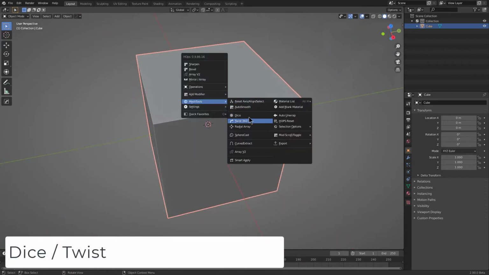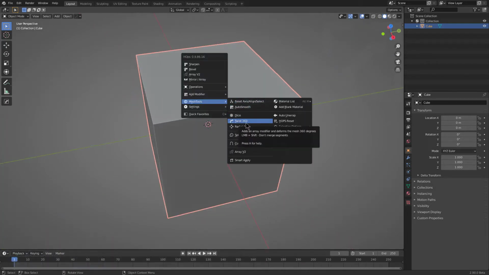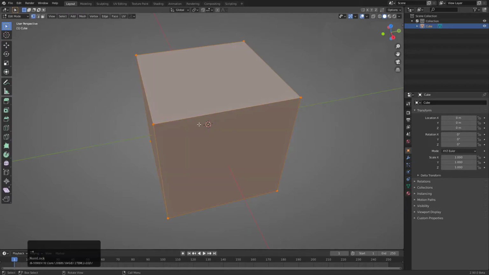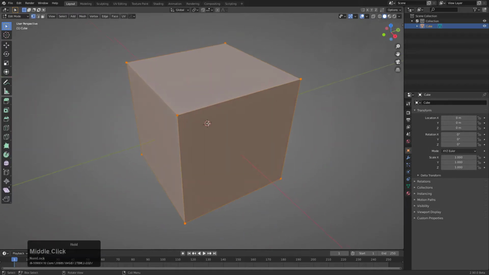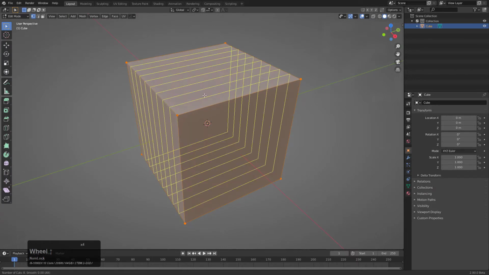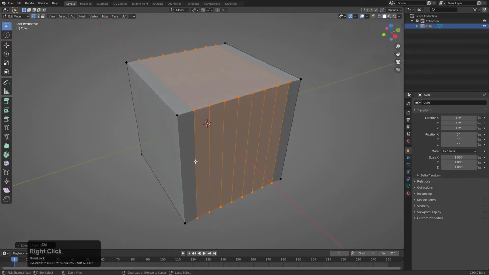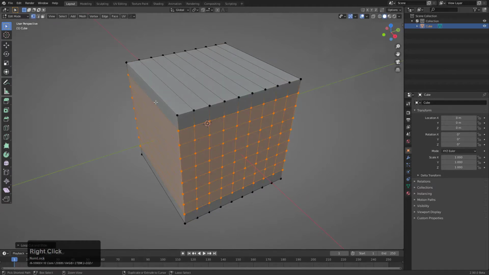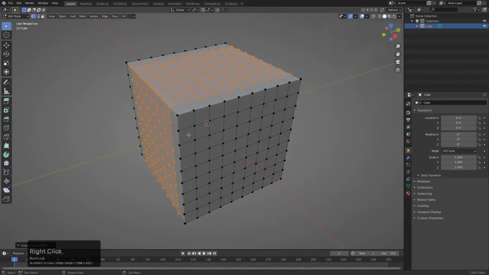When it comes to discussing the mesh tools Dice and Twist, these two actually almost go together, except they do not. Dice is our system of adding loop cuts where loop cuts cannot exist. For example, if we go into edit mode, we have this cube, and if I press Ctrl R, we can add a loop cut. Now roll the wheel, I can add more loop cuts, and we can add loop cuts here, and here,